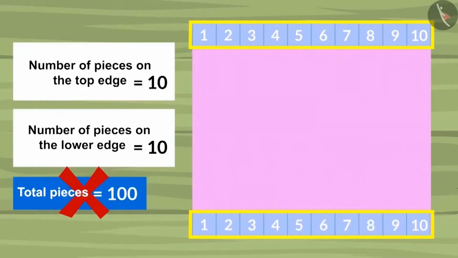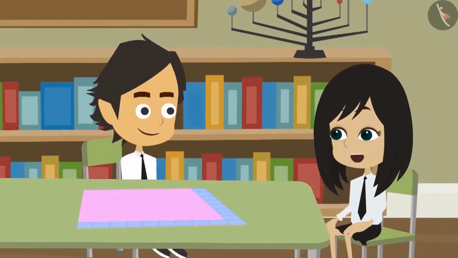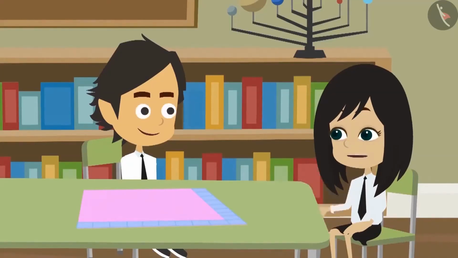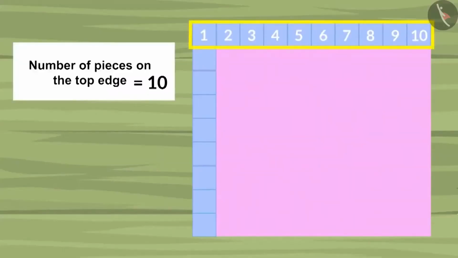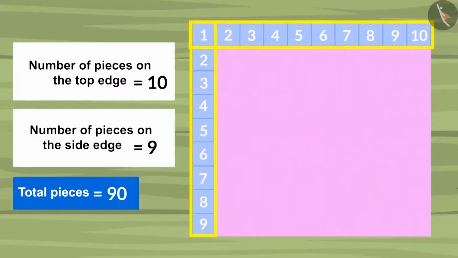This answer is incorrect. To find out the correct answer, we have to place the pieces on the top and on the side. Okay, I will remove the pieces placed at the bottom and I will add pieces to the side. Yes, now this is correct. What difference does it make? It will make a difference. Now let's multiply the number of pieces placed on top by the number of pieces placed on the side. 10 pieces are placed on the top and 9 pieces are placed on the side. And multiplying these numbers will give us result 90. Look, it made a difference.